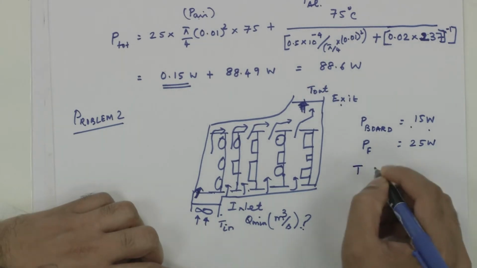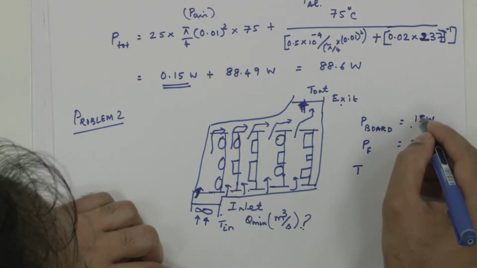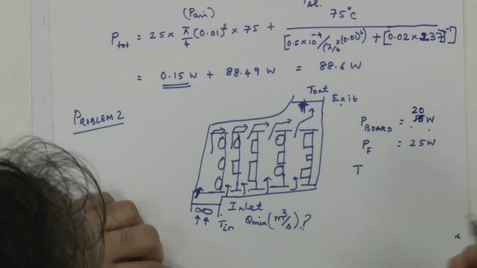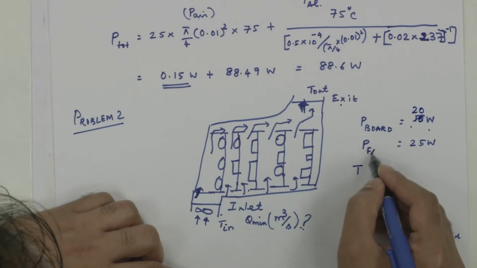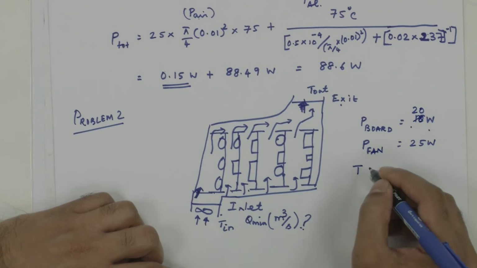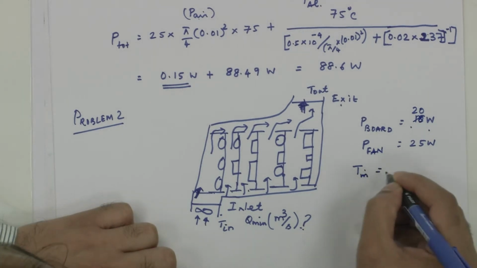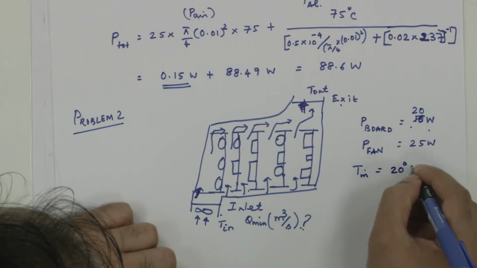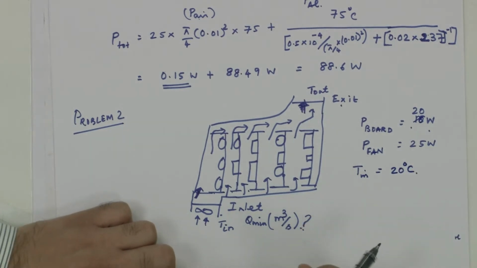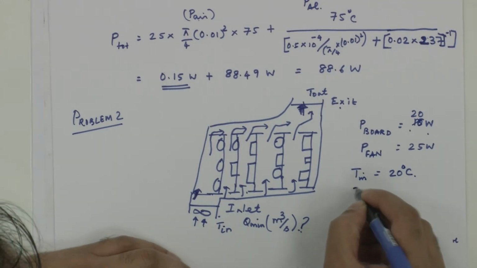Each board dissipates 20 watts and the fan dissipates about 25 watts. The T in that comes in is at 20 degrees Celsius, and assuming that it cannot exceed a certain T out value, let us assume that the T out is to be